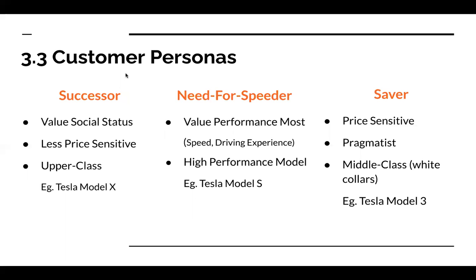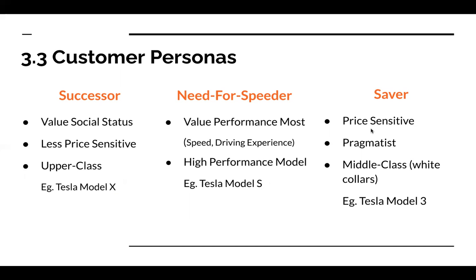The first group is called Successor, and consumers within this group value social status most among the 3 groups, and they are not as price sensitive as the other 2 groups. So typical consumers among these groups are upper class people who buy high-end models such as Tesla Model X. And the second group, we name them Need for Speeder. They value performance the most among the 3 groups and do not care about the social status brought by high-end electric cars. Professional vehicle influencers fall into this category, and they will buy high performance models such as